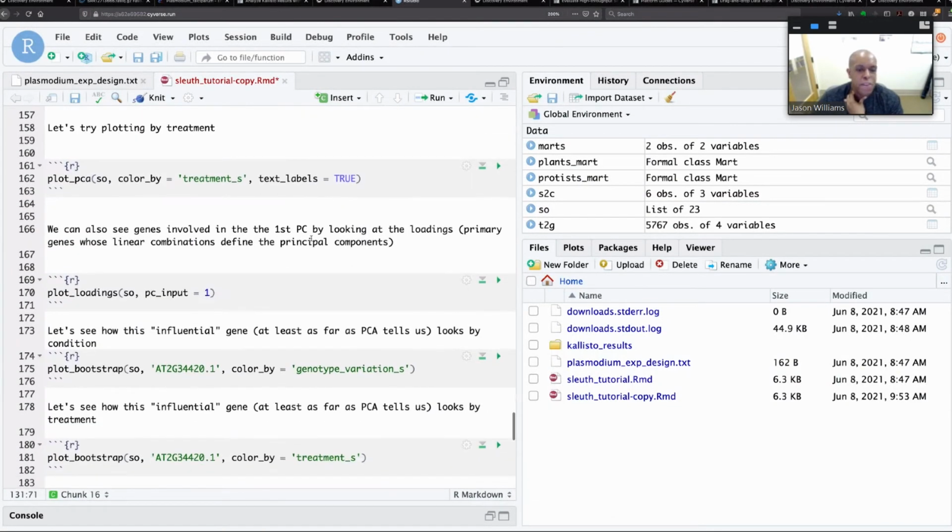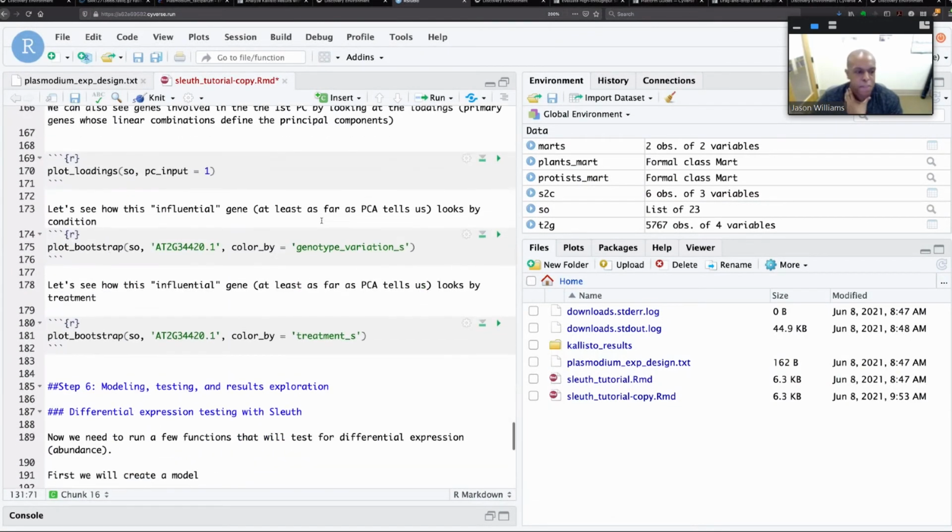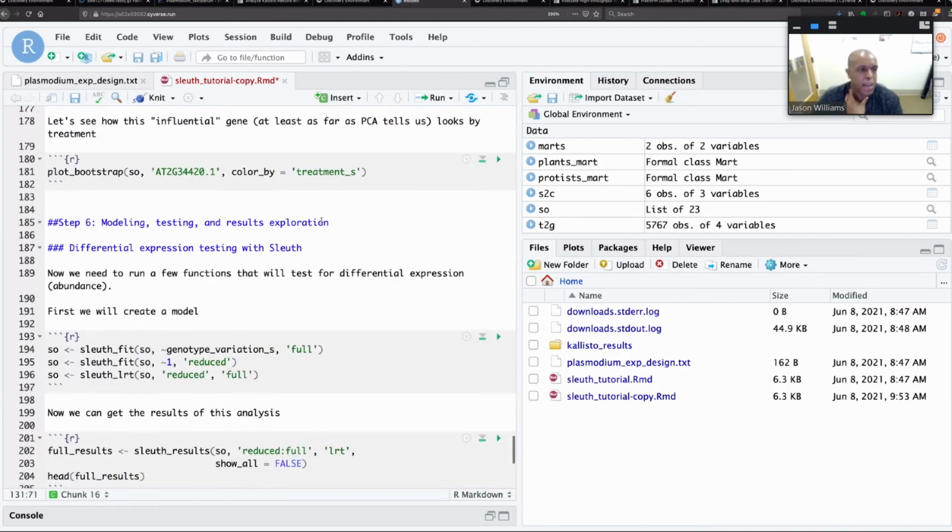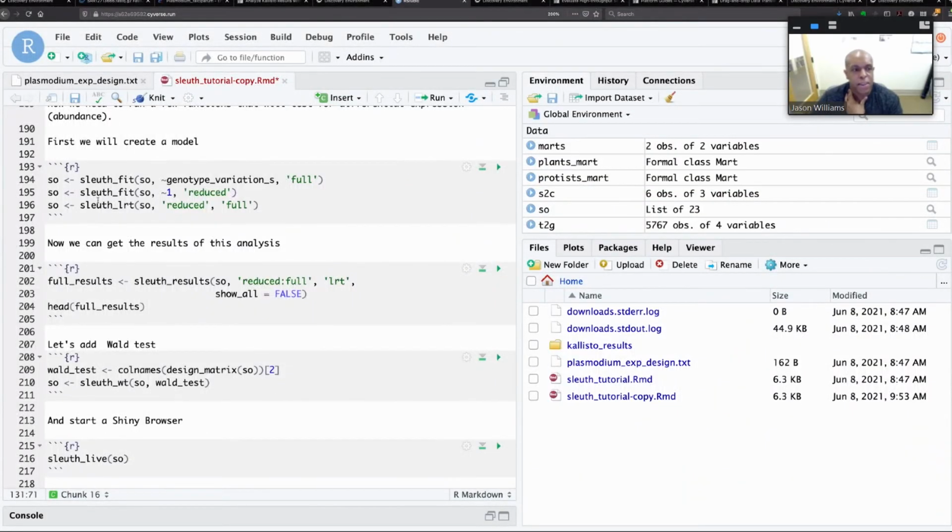I'm gonna move this. There's some other things here that are plant specific. What I actually need to do is come down to here. We're gonna go ahead and create that linear model. So let me just run it through this, and that'll take a moment. And then what it's going to do now is give me the fold changes for any given transcript, and then given those fold changes, give me an idea of the significance of whether that was upregulated or downregulated,